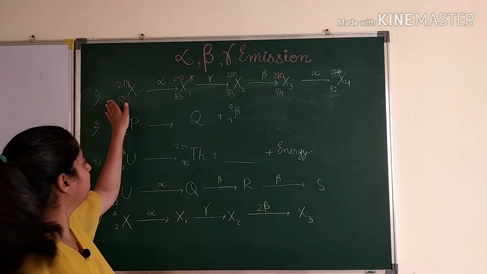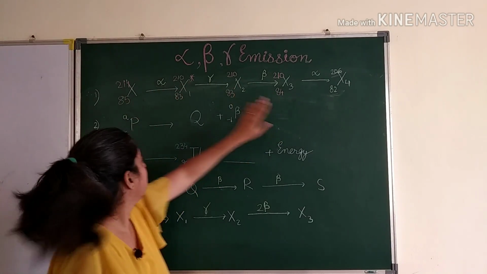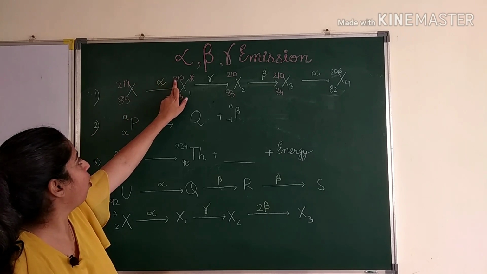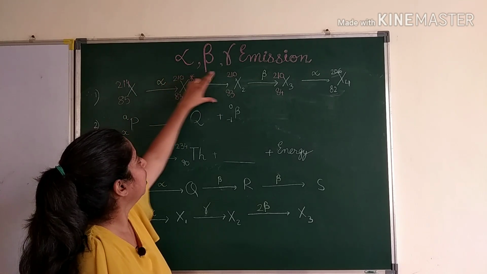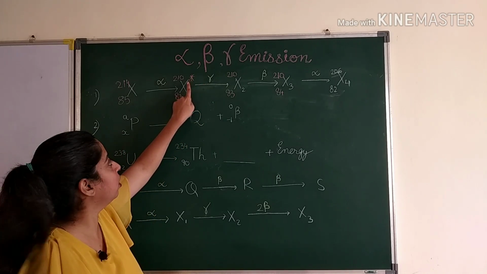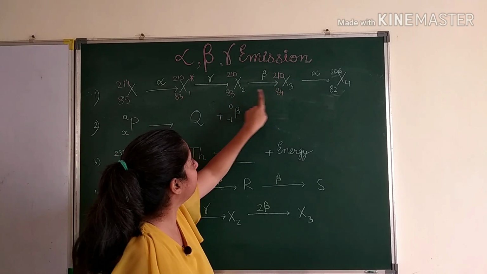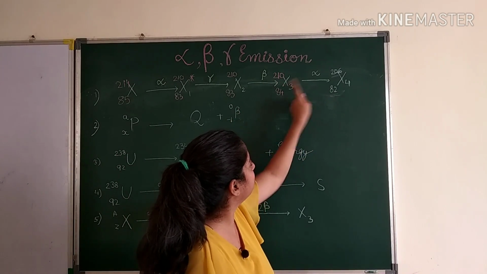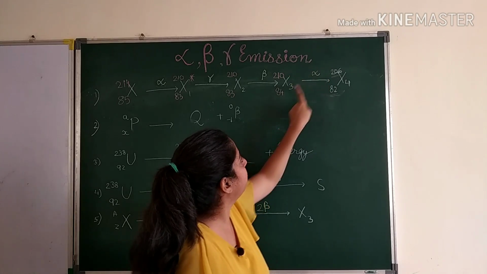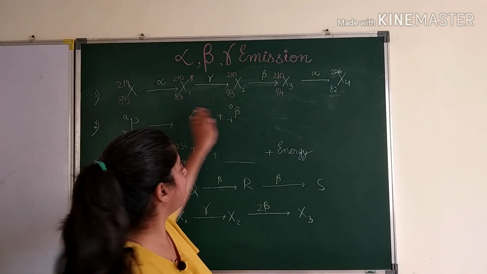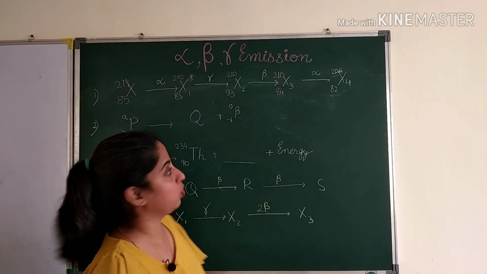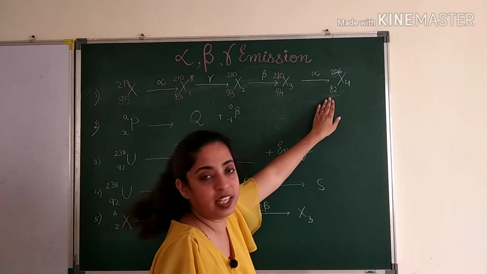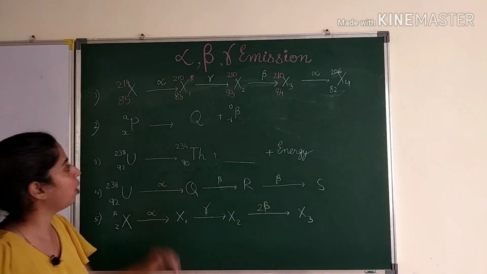You can again check it by going from here to here. See, an alpha particle is emitting, so minus 2 and minus 4, correct? Gamma is emitting, nothing changes, just put an asterisk on the parent. Now a beta particle is emitting, don't change this, add 1, correct? Now from here just check whether it has come out correct. Alpha particle, subtract 4, subtract 2. So you have checked it from forward to backward also. Once you start solving from here, just give it a check from here, whether it is reaching here correctly or not. Now moving on to our next question.